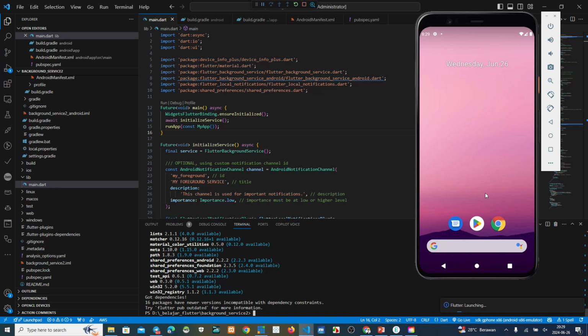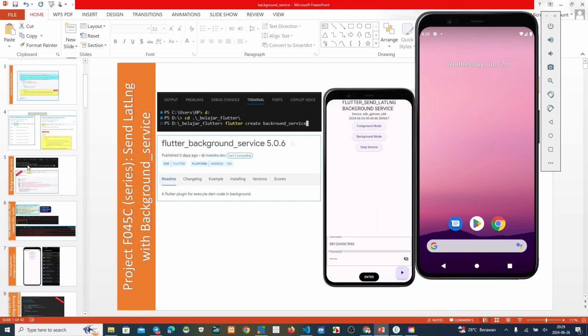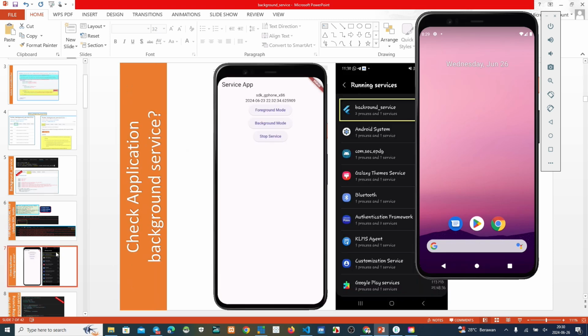Okay, I have captured the smartphone. Maybe until this one is running, we see about running services. If our project is already a running service, we can see it on this list.